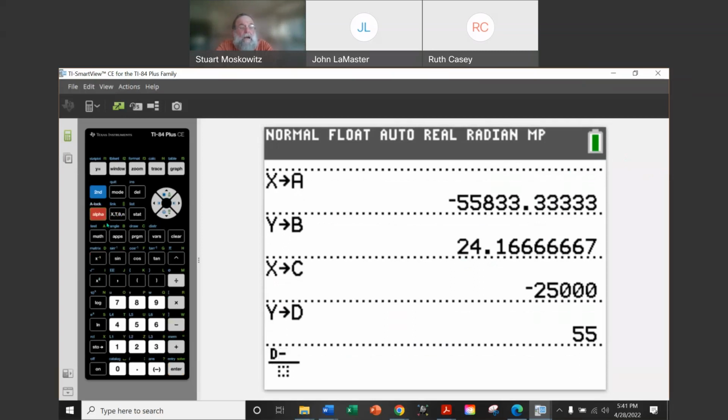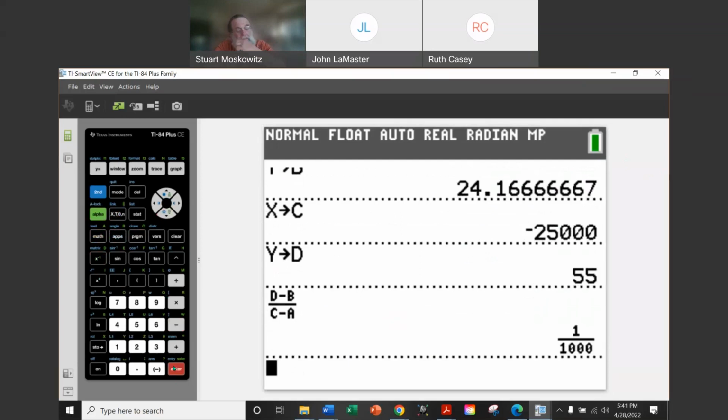There's the difference in the Y values. And we're going to divide it by the difference in the X values. That would be C subtract A. And now all I have to do is press enter. And there we get it. And notice we were able to use